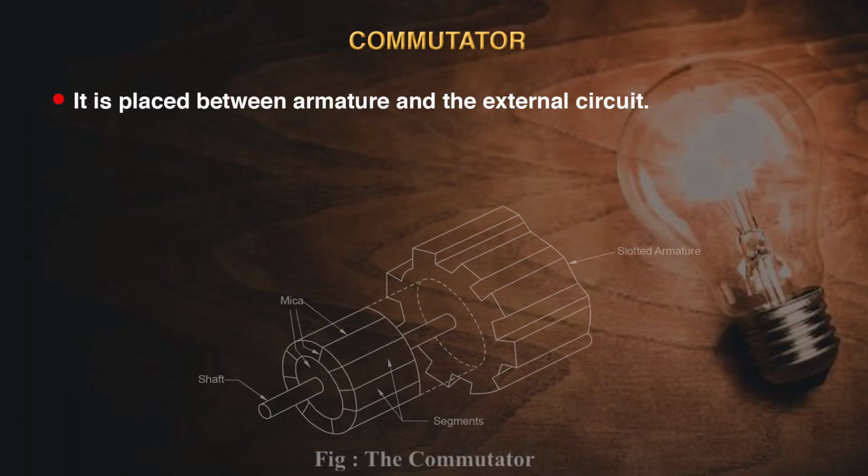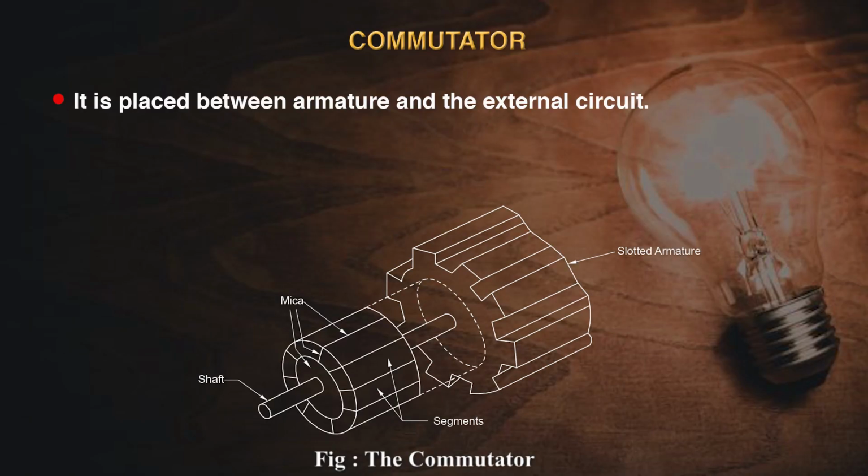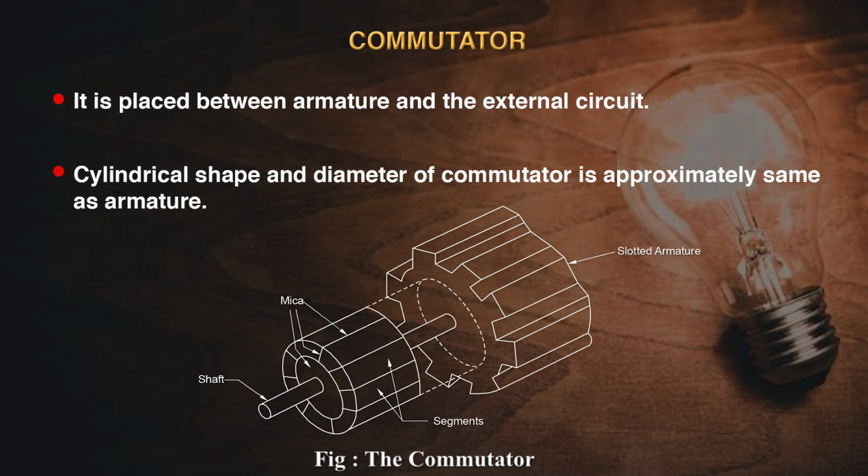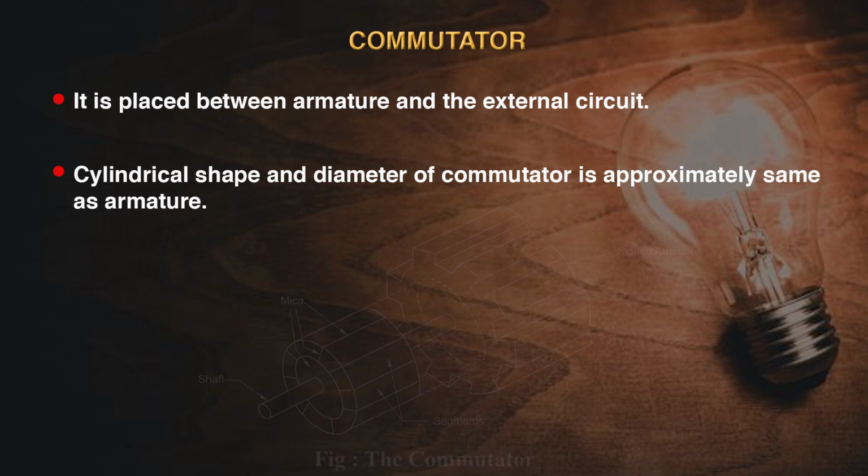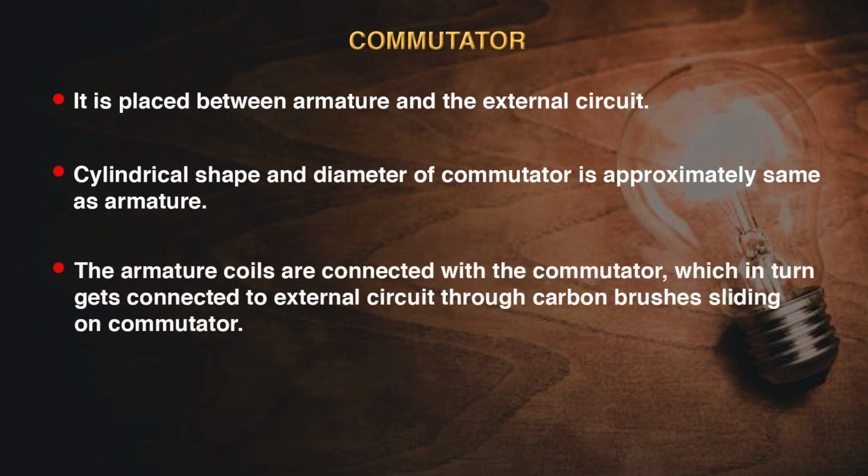Now another part of a DC machine is the commutator. The commutator is an essential part of the DC machine. It is placed between the armature and the external circuit. It has a cylindrical shape and approximately the same diameter as the armature. The winding ends of the armature are directly soldered to the commutator segments. The armature coils are connected with the commutator, which in turn gets connected to the external circuit through carbon brushes sliding